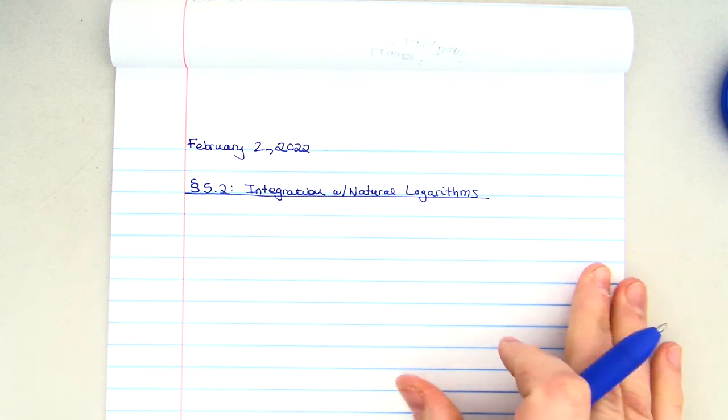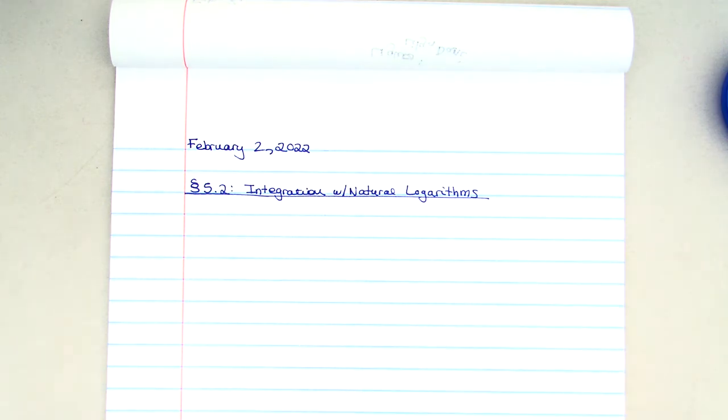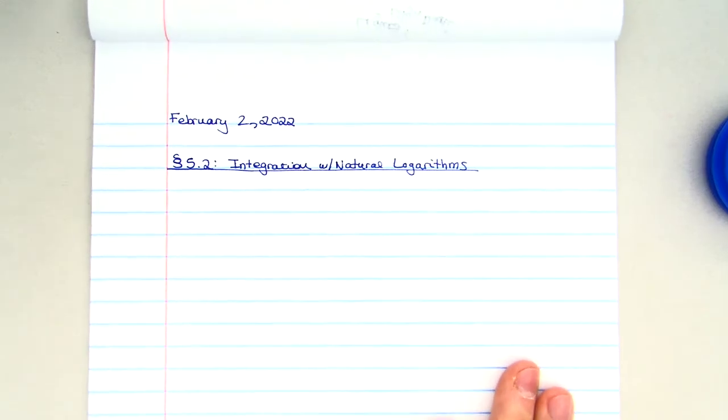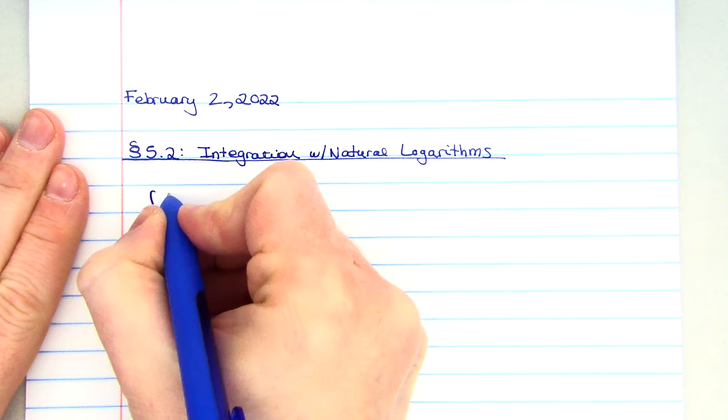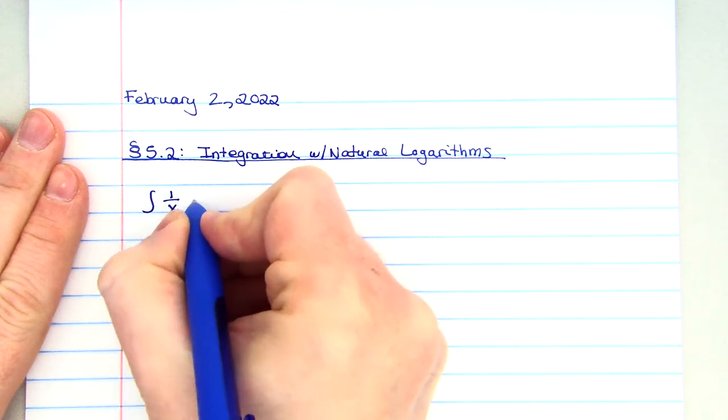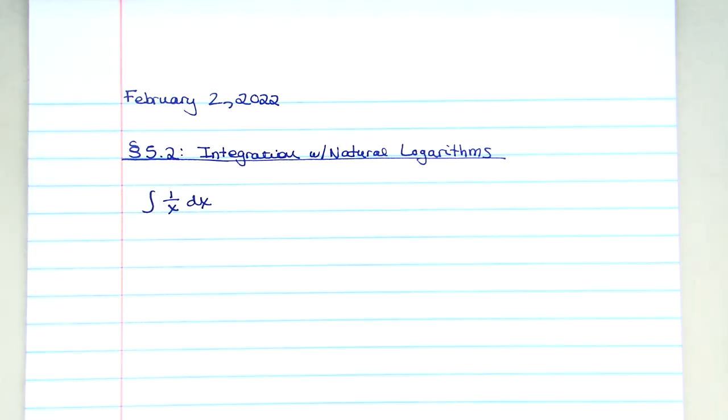We are not going to talk about how to integrate the natural log of x. We may look at that at the very end of the year, but integrating the natural log of x means what has a derivative of the natural log. We don't really know that. What we're going to focus on instead is finding the integral of 1 over x dx,